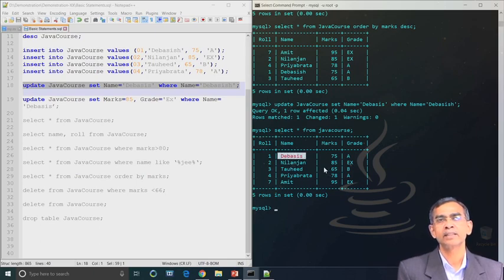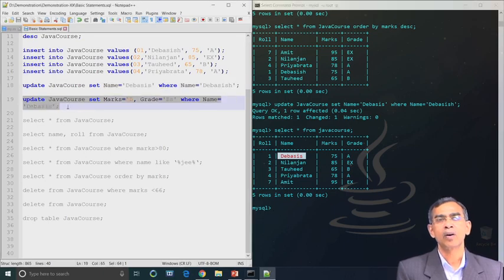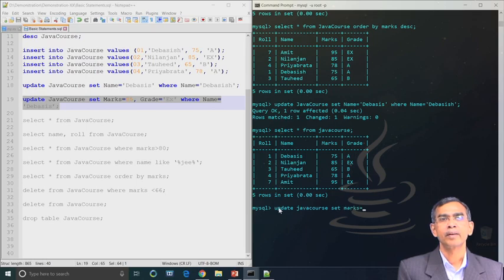Like this, anything can be changed. For example, suppose you want to change the marks of those who got 75 or more to 80 or so. Here again we update Java course set marks equals to 80 where marks is less than 75, rather.